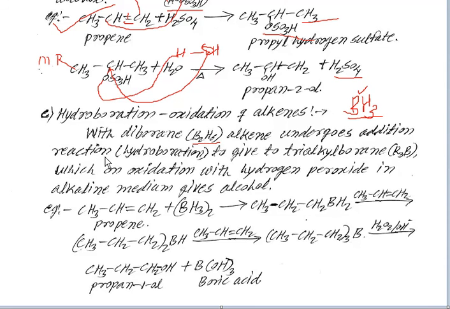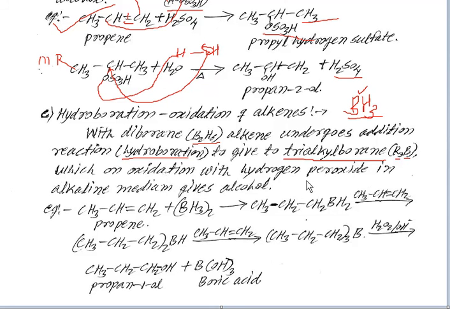alkene undergoes an addition reaction, that is hydroboration, to give a trialkyl borane, that is R3B. That means it contains 3 alkyl groups with 1 boron, because boron has a valency of 3. Three alkyl groups are attached to 1 boron, that is trialkyl borane, which on oxidation with hydrogen peroxide, that is